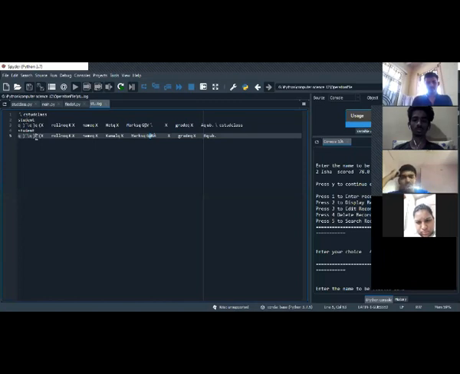Like for roll numbers, I am getting this value. Similarly here also for roll number, I am getting this value. But whatever is a character is directly printed as it is. See, it is printing Het, Kamal, marks as it is, grade as it is.